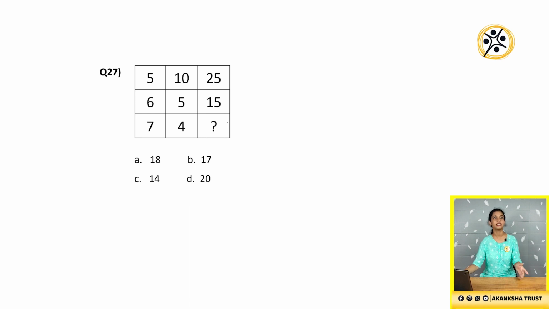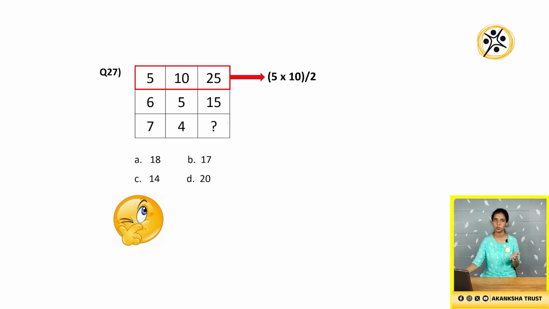Let us check the next example and try to find the relationship amongst the same. If you check the first row entry, we have the numbers as 5, 10 and 25. So what is the relationship between them? If we multiply 5 with the second number, that is 10, we get the answer as 50. But if we divide 50 by 2, the answer is 25, which is the third entry in this matrix, that